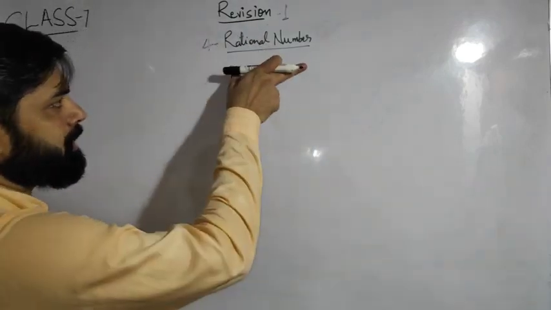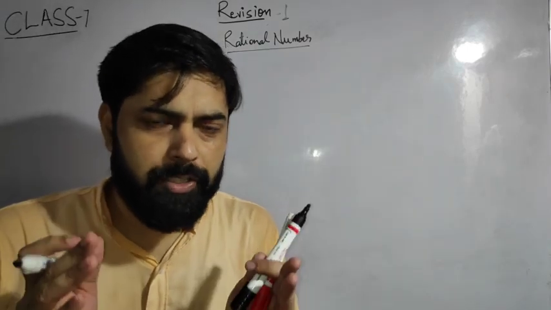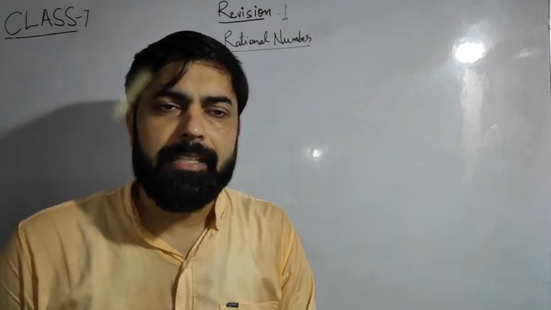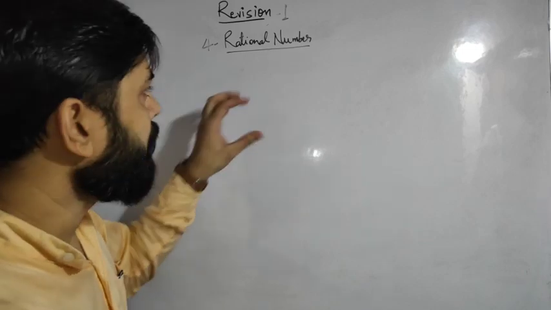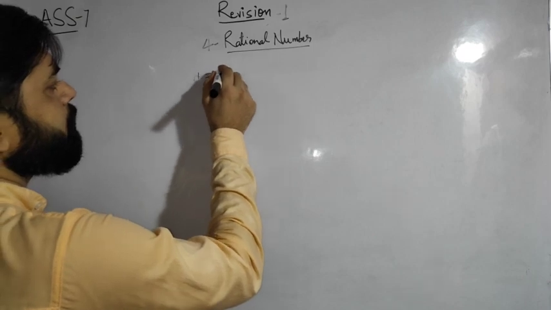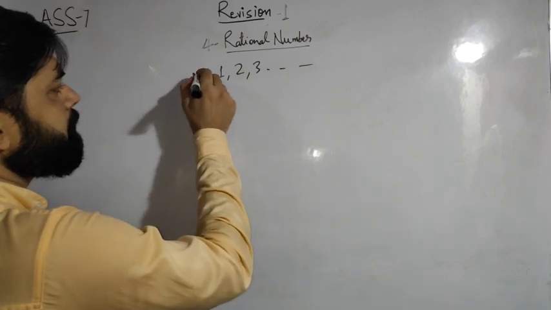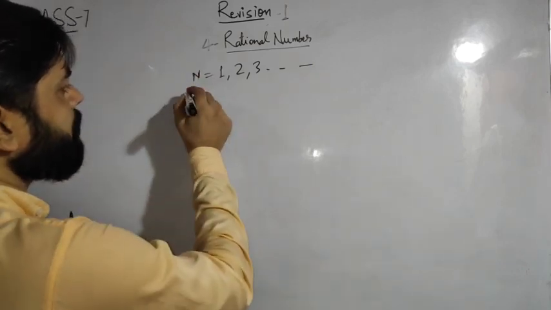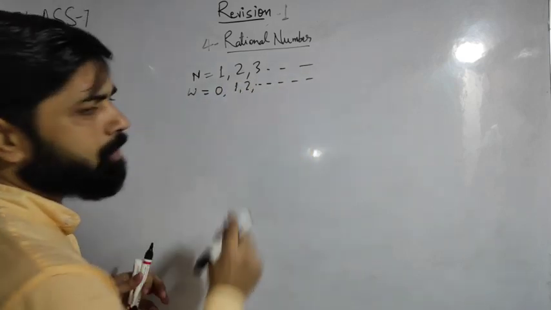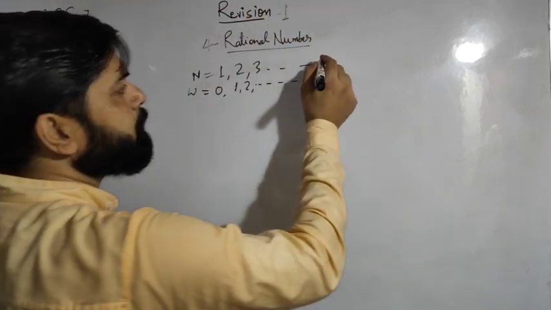So listen carefully. First is the rational numbers. But before rational numbers, I hope you understand what a rational number, a whole number and an integer are. You know very well what a natural number is. A counting number is known as a natural number, meaning 1, 2 and so on. These are natural numbers, and natural numbers are always denoted by capital N. And then whole numbers: when we include 0 in the set of natural numbers, that set is known as whole numbers.